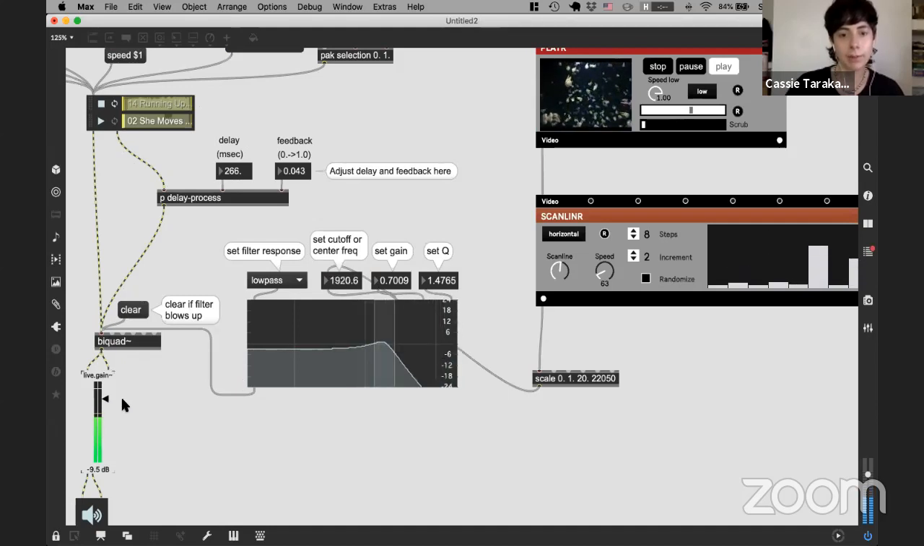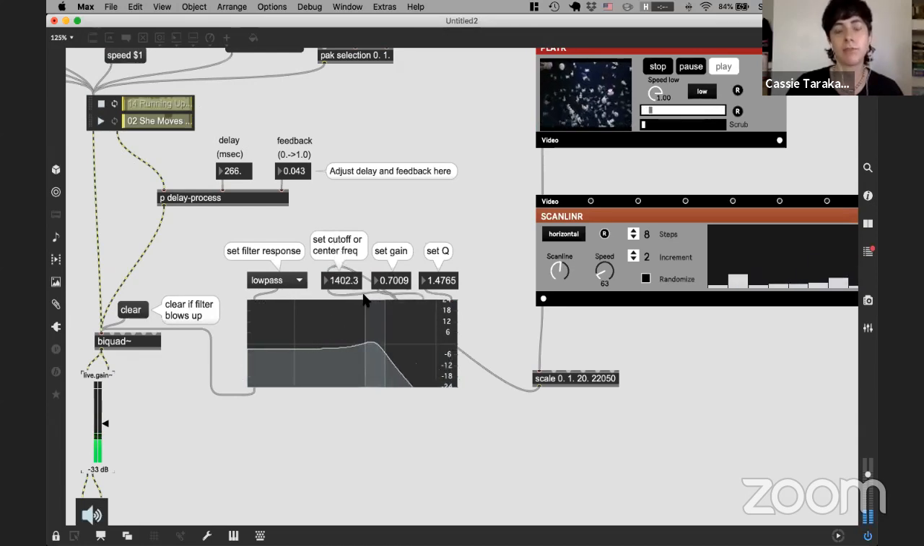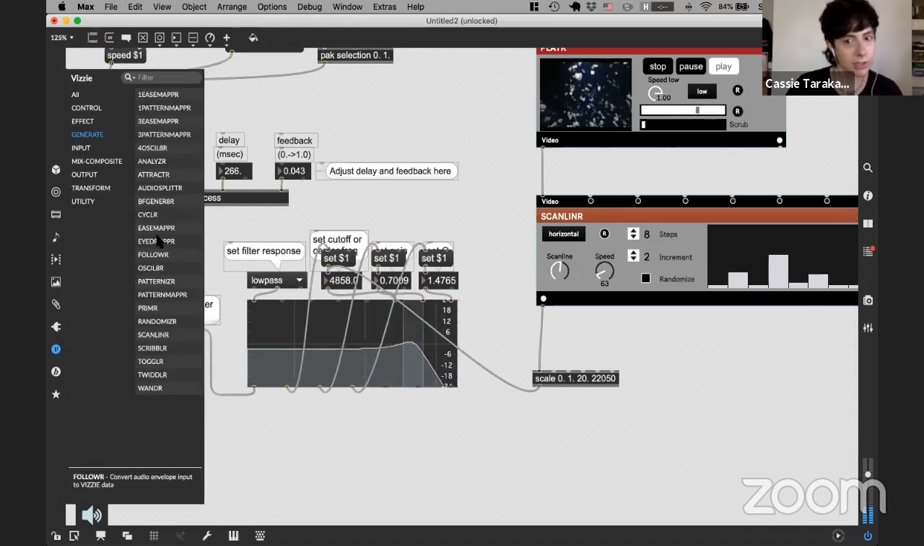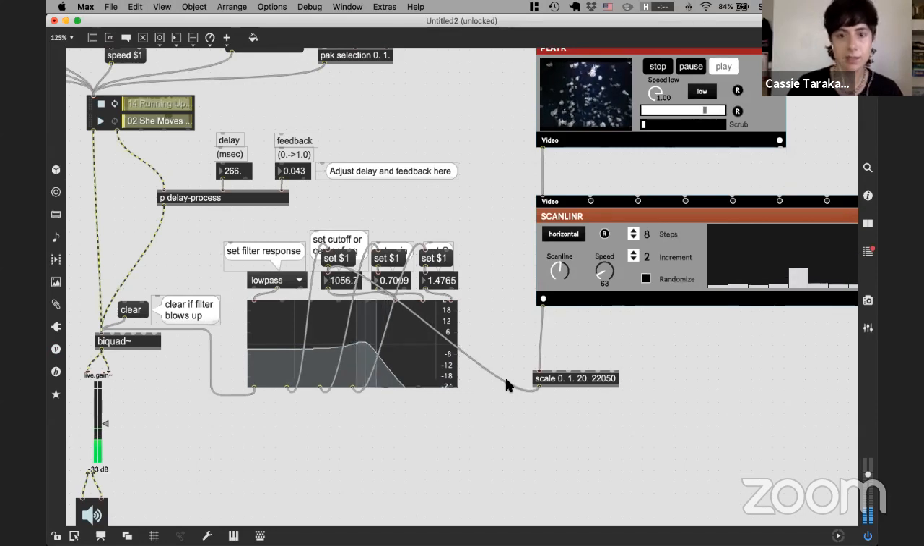One thing to note about this is, this is cool, but one thing about audio, or about frequency, is that our hearing of different frequency ranges is actually a non-linear scale, and by default scale is linear. I can show you this real quick. I'm going to disconnect this, and then I'm going to put in